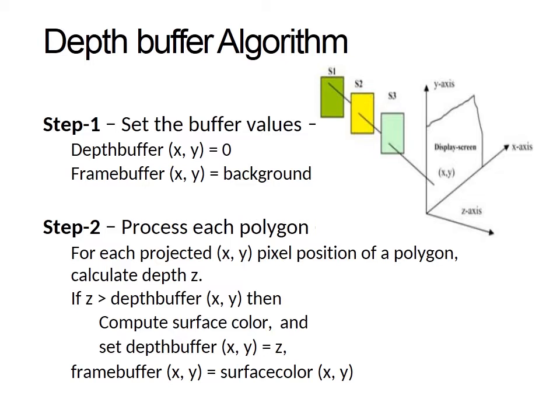In step 2, for every position in each polygon surface that is listed in the polygon table is processed, scan converted one scan line at a time, computing the depth, that is the z value, at each xy pixel position. The computed depth is after that compared to the value previously stored in the depth buffer at such position to find out visibility.